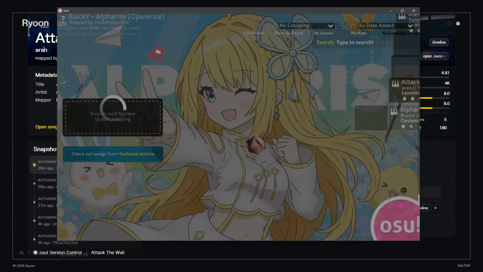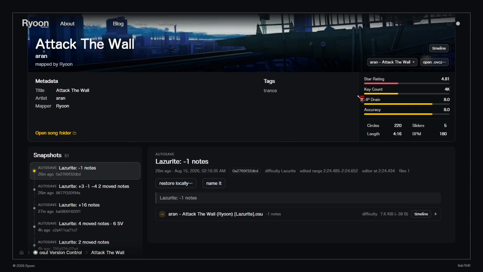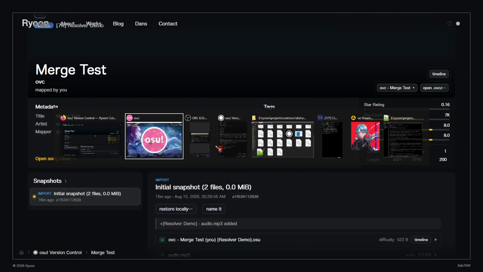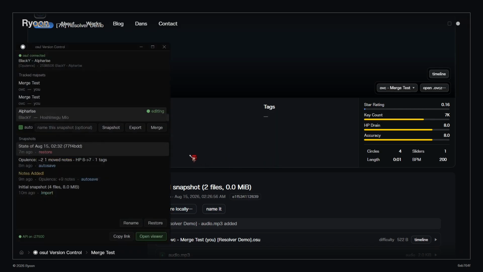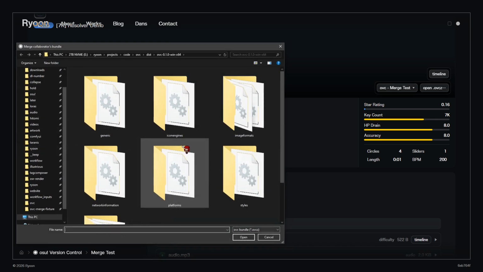I guess I can show this real quick. And I already... Baka. I already showed that with that. Never mind. I can show you merge conflicts. So when you merge, you might be wondering what happens when you have overlapping notes. I'll show you what happens. So make sure when you merge, you have the track set selected in the desktop program, and you click merge,